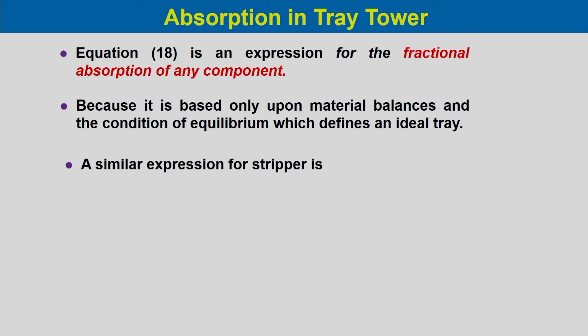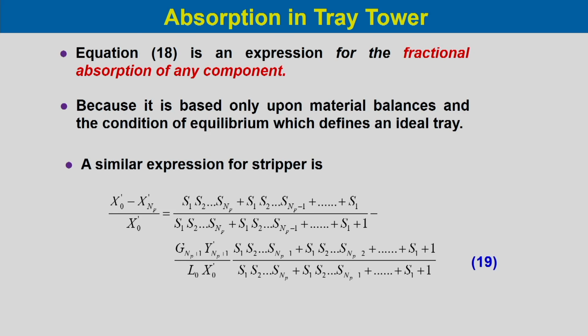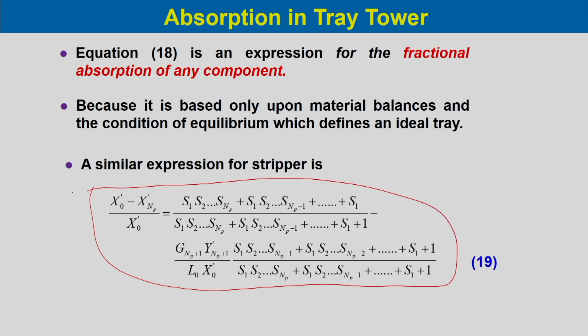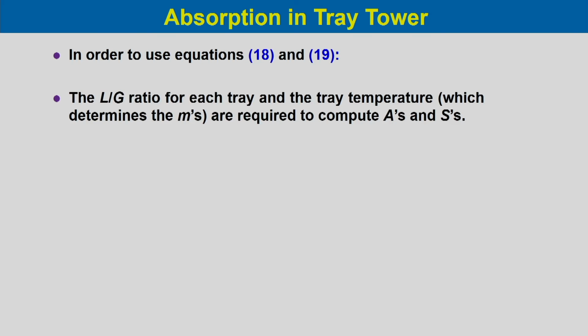A similar expression for the stripper would be like this: S_1 and S_2 up to S_{n_p} and S_{n_p-1}. These are the stripping factors and just the inverse of the absorption factor, and this is also based on the liquid compositions outside the tower. So, in order to use equation 18 and 19,